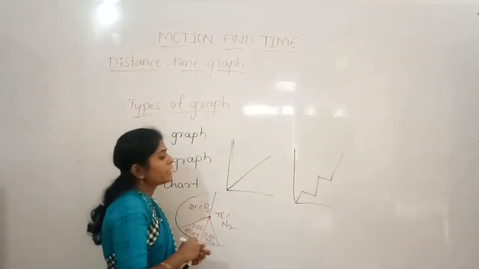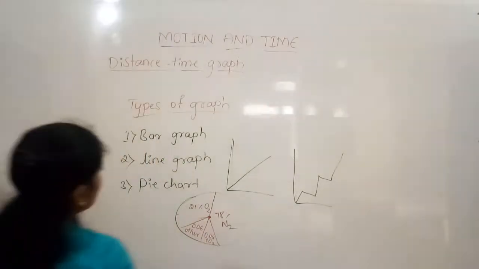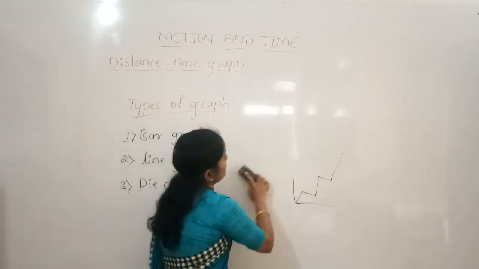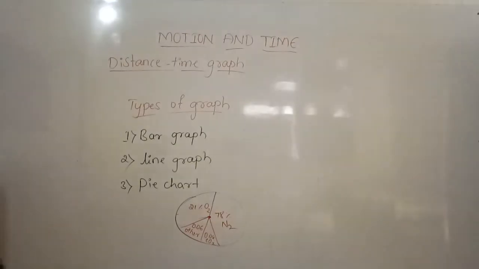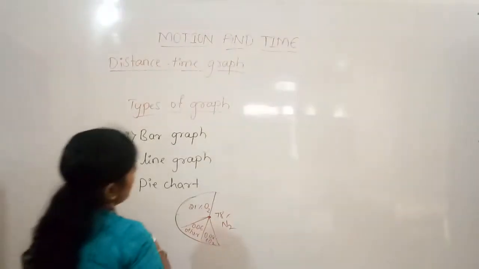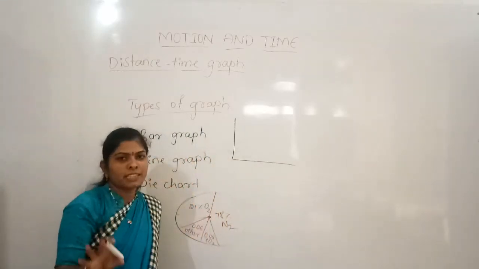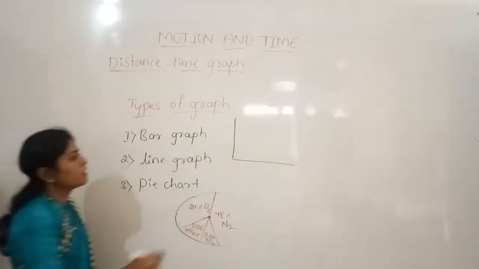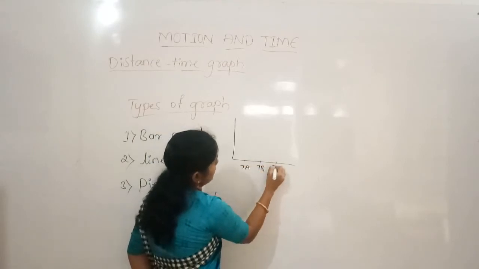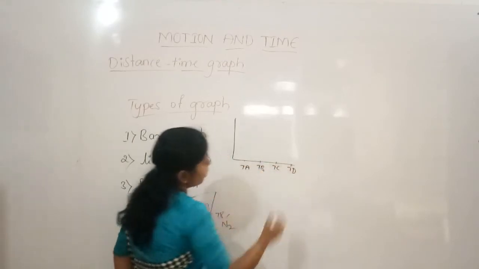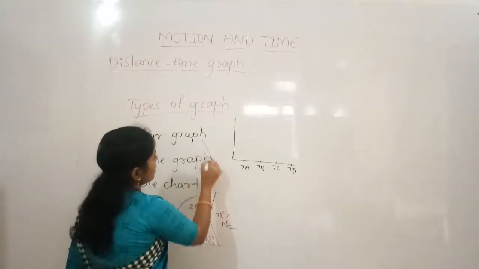Now if we take the average percentage of each class, for example, if you are in the 7th standard, right? In the 7th standard, just imagine there are 4 divisions. Just think, these are 7A, 7B, 7C, 7D. These are the 4 divisions. So this is what I am showing as the bar graph.